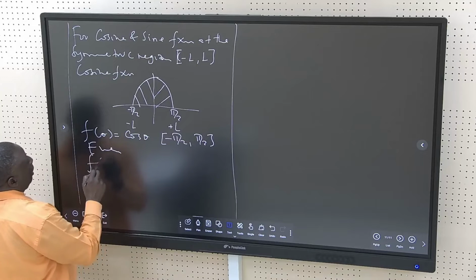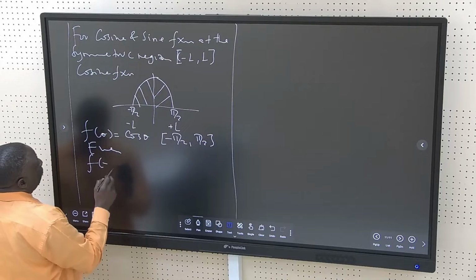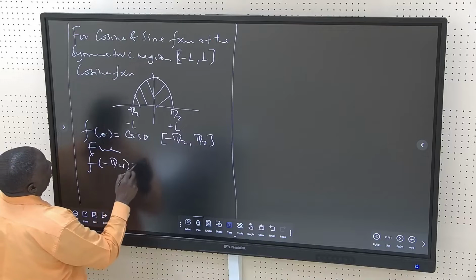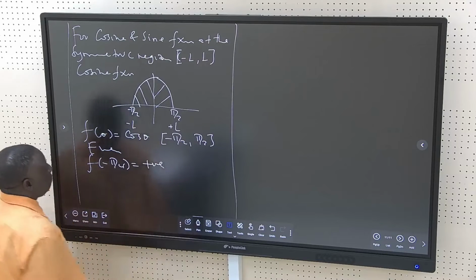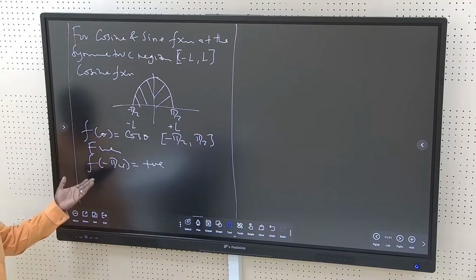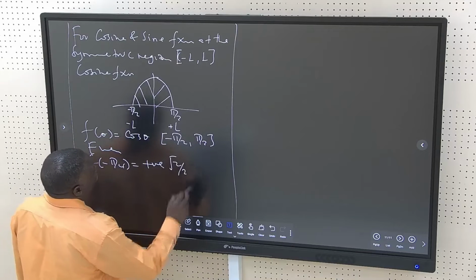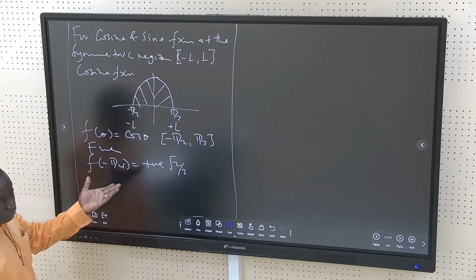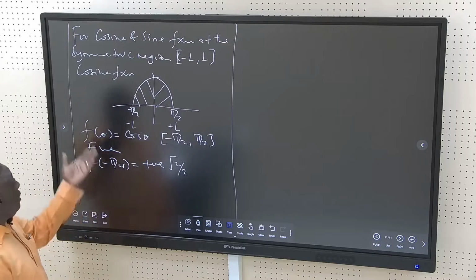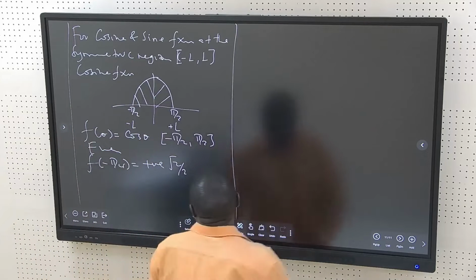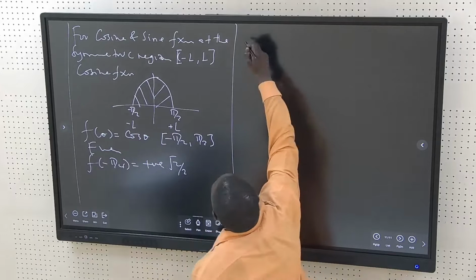Why? Because f of negative pi over 4 is a positive value, and actually it is square root of 2 over 2. This is positive. So we say the cosine function is even. What about the